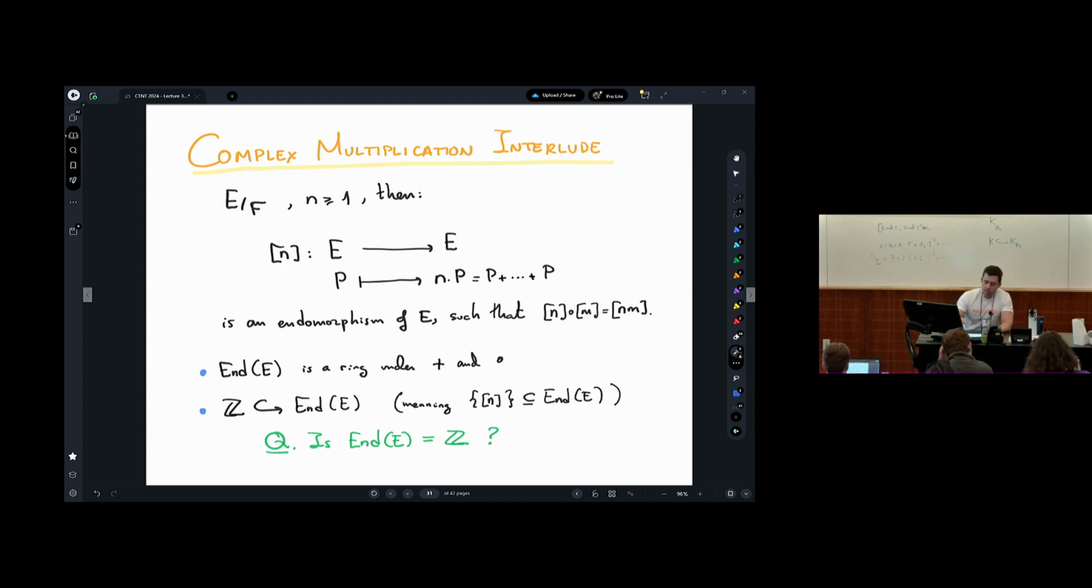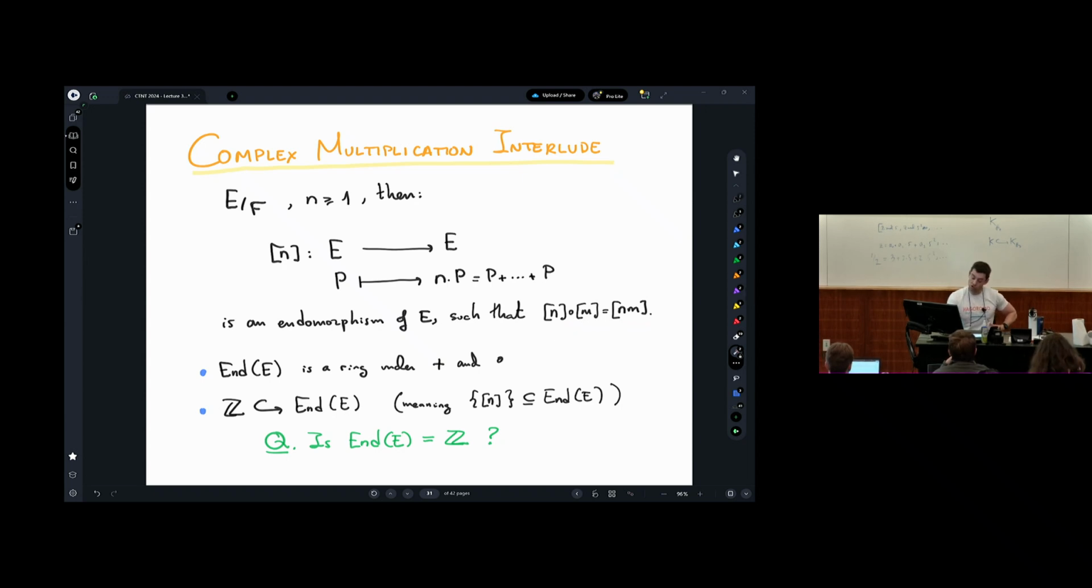Take any elliptic curve over a number field or over any field, and n bigger or equal to 1. We have a map that sends E to E by sending P to n times P. Just add P n times. n could be negative. I can compute minus P and then multiply that point by itself also. Okay. So this is an endomorphism. This is actually an algebraic map. The addition on an elliptic curve is an algebraic map. And this is an endomorphism of your elliptic curve